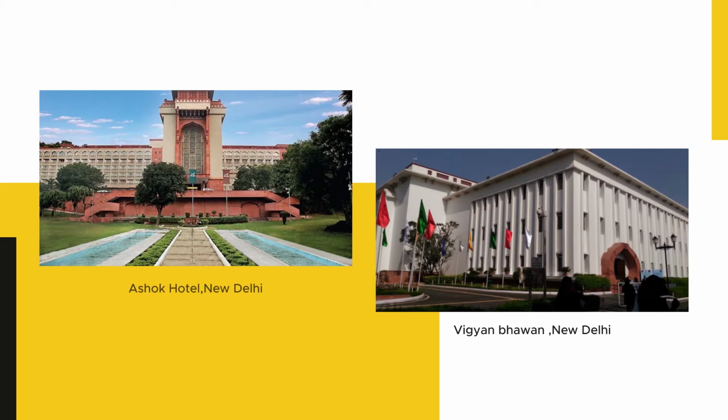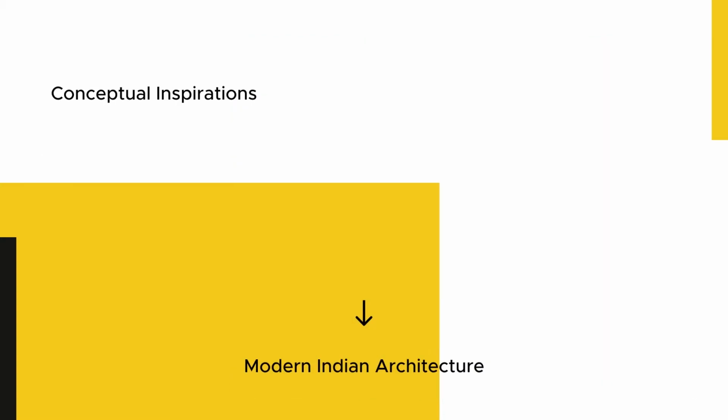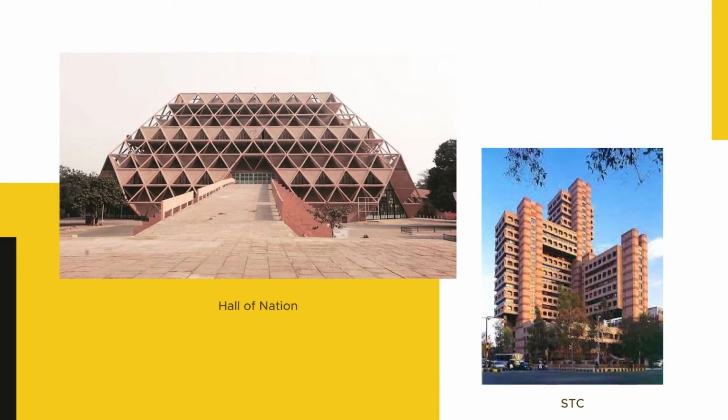After a few years, the process smoothly transitioned into a stable version of modern Indian architecture. Direct incorporation of elements was avoided, but the idea of taking conceptual inspirations from multiple architectural systems like ancient Indian architecture, Mughal architecture, modern Western architecture, evolved into the field. This helped the architects to achieve more efficiency in the internal functions of the building. Buildings like the Hall of Nations, STC building in New Delhi are few examples.